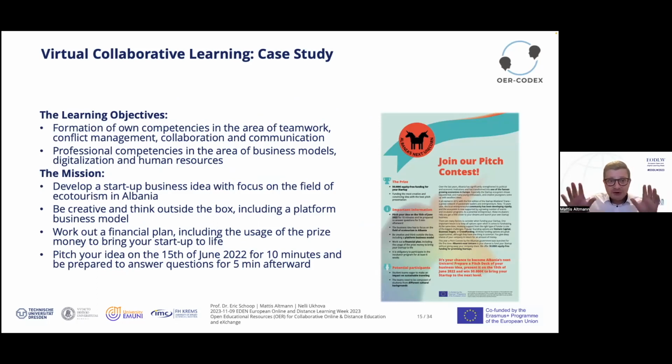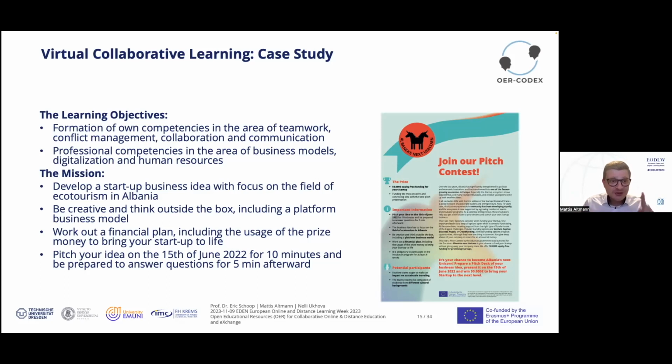One is the formation of own competencies in the area of teamwork, conflict management, collaboration, and communication in an international team, which can more be referred to soft skills, but they are very important even after the study cycle or the graduation of the students in their real world working areas afterwards.